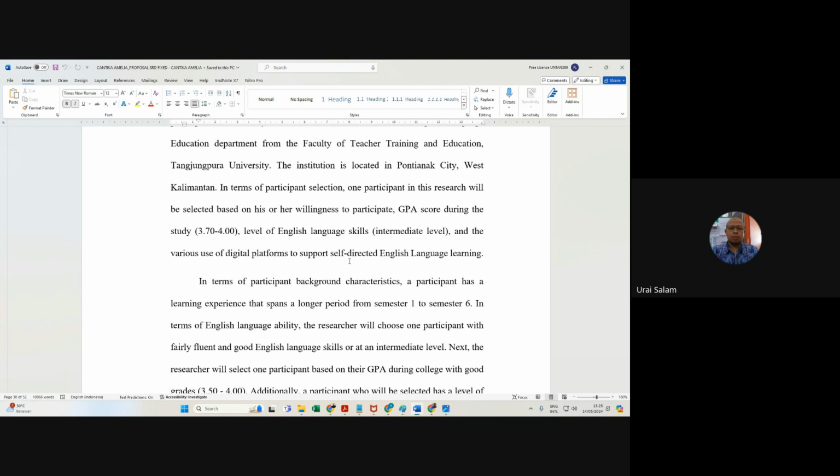Meanwhile, in narrative inquiry, you have to really start from the beginning until the end. For example, if they are using social media like Facebook, in narrative you can start from when they start to use Facebook, and when they start using Facebook for English language learning, for example,